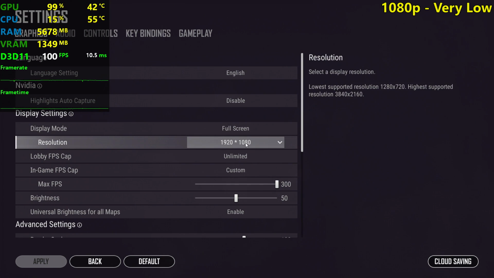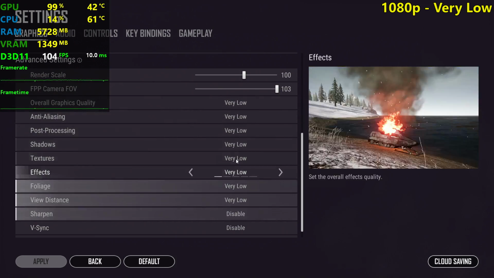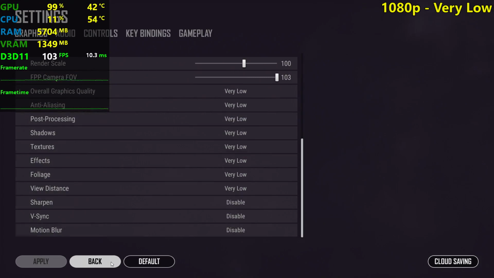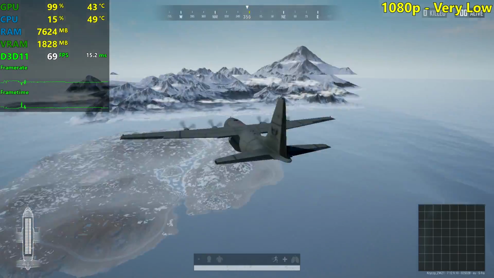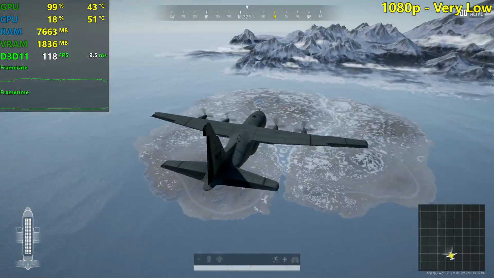So I'm gonna be testing it at 1080p, 900p, as well as 720p using the very low and medium settings across the board, as you can see right here. Starting off with the very low settings, let's get into Vikendi, which is the revamped map in Season 7 of PUBG. Alright everybody, it seems like it's a sunny day, kind of, a little bit cloudy actually here in PUBG,